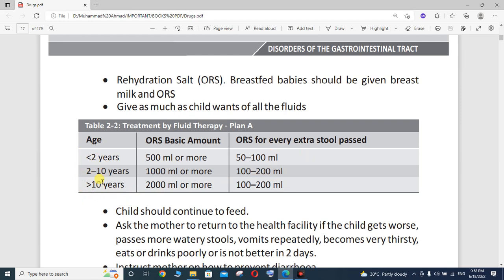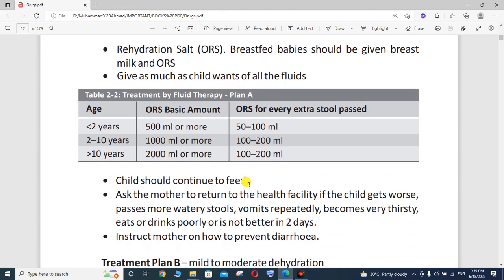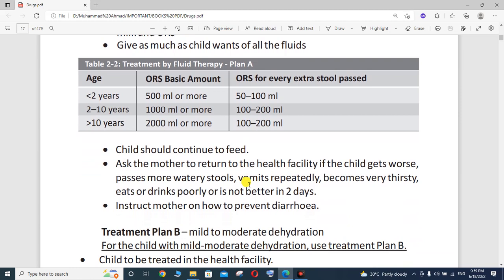If the age of the child is greater than 10 years, then the ORS basic amount is 2000 ml or more, and the ORS for every extra stool is 100 to 200 ml. The child should continue to feed, and ask the mother to return to the health facility